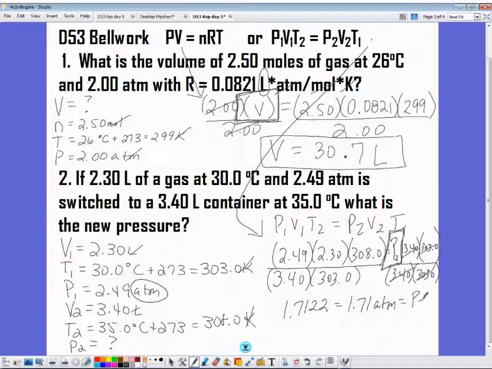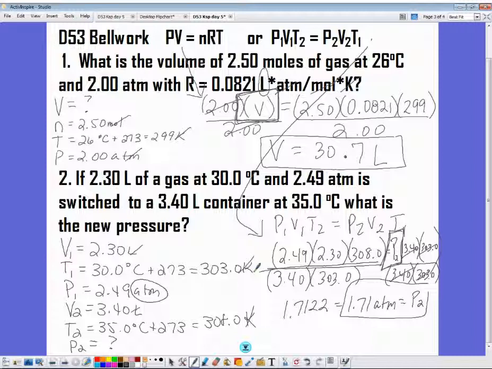That's my P2. Now, you might not have gotten the right math because you might have said that times that divided by this times that. No. So if you did not get the right answer, let's do this in steps. Let's do the top part first. We would have to say 2.49 times 2.30 times 308.0 is. And I get a value of